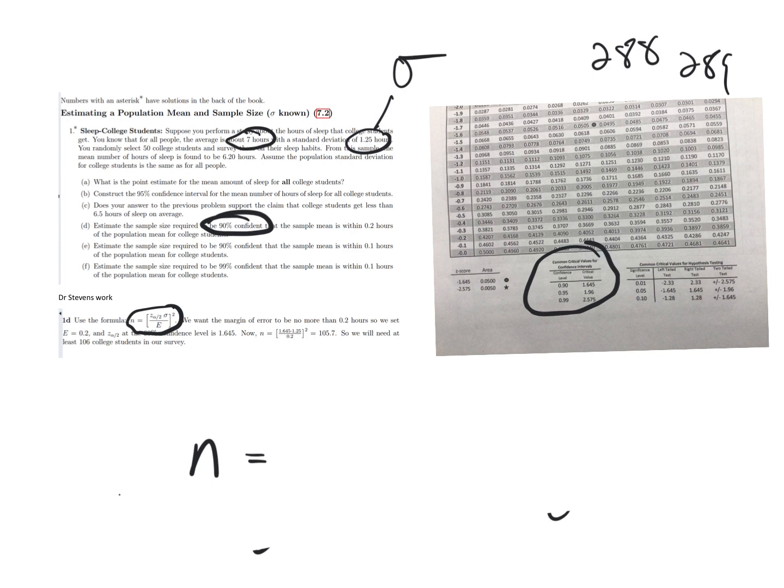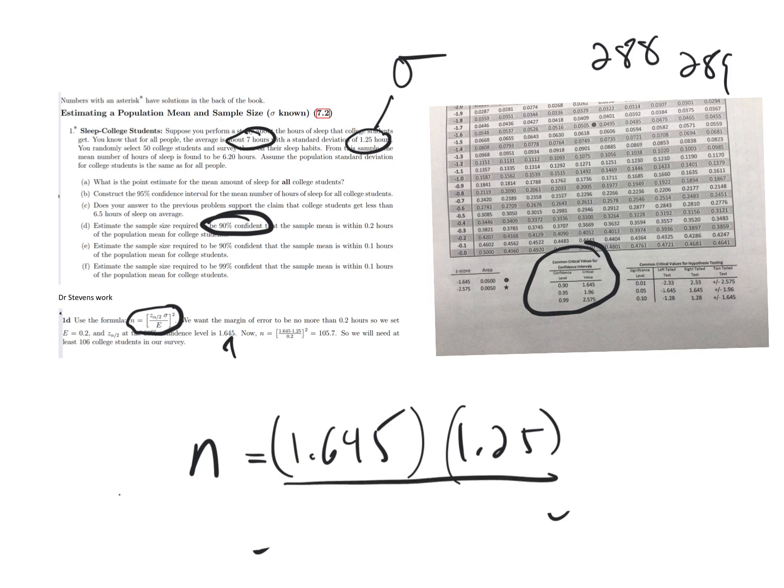We're looking for a 90% confidence level, so we're going to use a z-score of 1.645, and you see that's what he used here in the textbook. And then we need to take the population standard deviation, which is 1.25 for this version of it, and divide that by the margin of error. We want to be within 0.2 hours of the true mean. And then we square that. So you grab your calculator, you do this times this divided by 0.2, get the answer, square it,